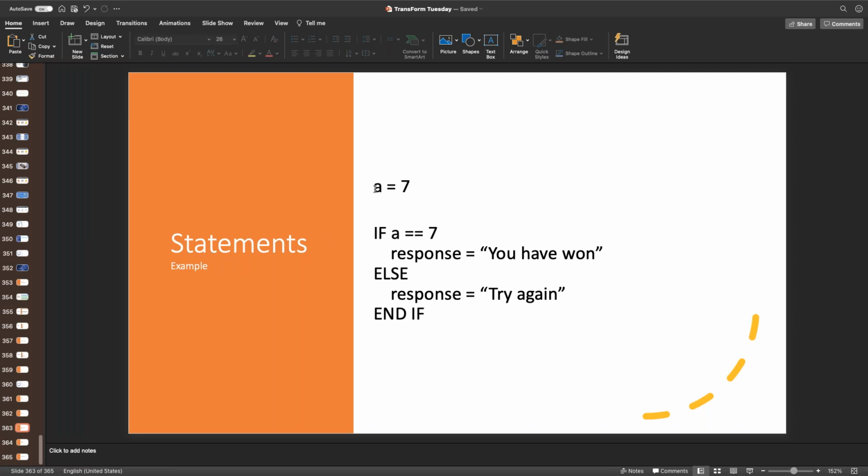So here's an example of a statement. Let's say a equals 7, and then we'll say if a is equal to 7, keep in mind this is a double equals, then response equals you win, otherwise the response equals try again. Okay, that should make sense. And then next,